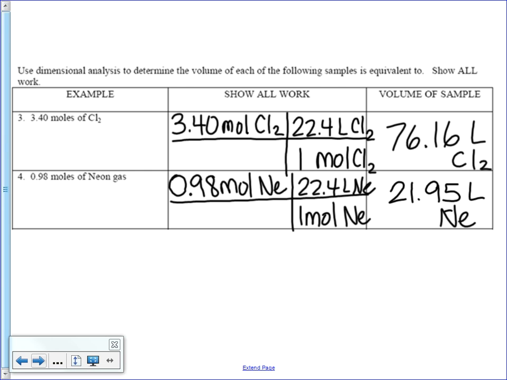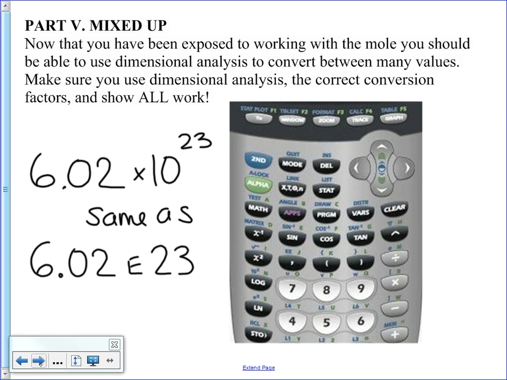All right, so now we've gone over multiple types of mole conversion problems, and we are going to put them all together. So before we do that, this is section 5 on page 6 of your packet. But before we jump into finding the answers, I would like to quickly review how to use the scientific notation